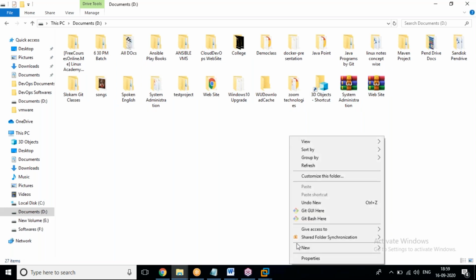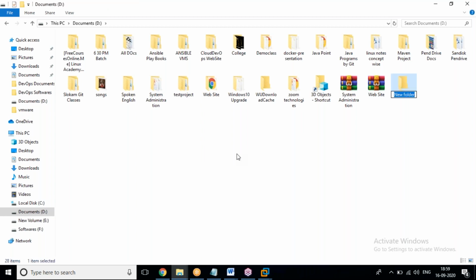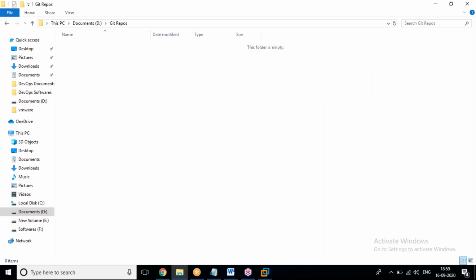So that reason we are going to create one folder with the name Git. But this folder or this directory does not have any kind of relation with Git or GitHub. This is completely for our understanding purpose. Git repos. Okay, Git repos. You can create Git practice or something, whatever you want. Okay, yes, now